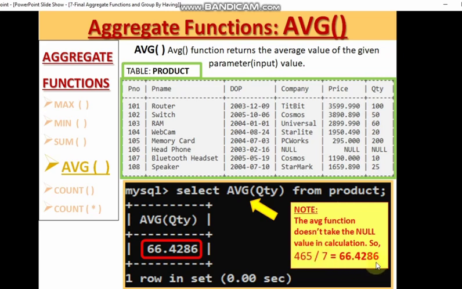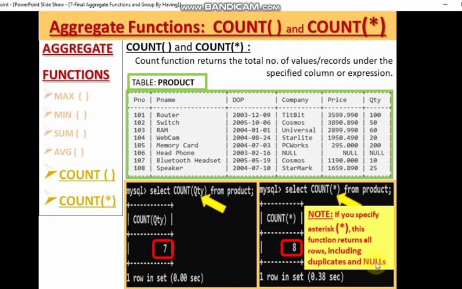Right? So next, count and count asterisk, or we can say count star. Now the count function returns the total number of values or records under the specified column or expression. Suppose you have given count QTY from product. From this particular column it is counting how many records are there.